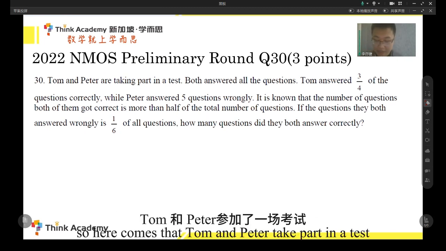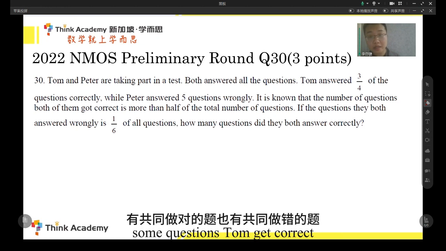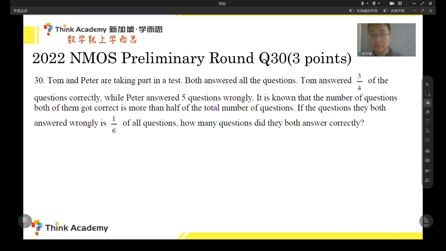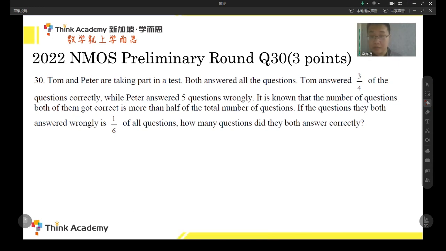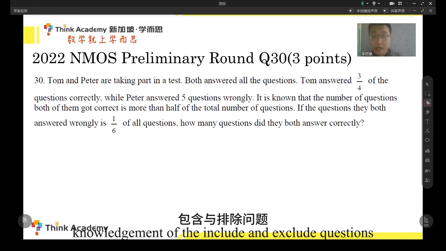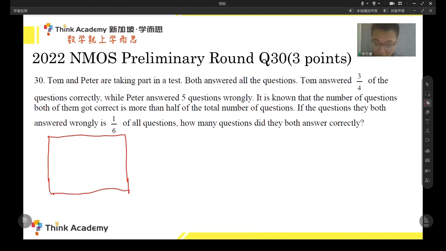So here comes that Tom and Peter take part in a test. They both answer questions, and some questions Tom gets correct, sometimes Peter gets correct, some they both get correct, and some they both get wrong, right? So this case is a very important argument of the include and exclude questions. In that case, we always draw a Venn diagram, if that's the name. So here is Tom, here's Peter,